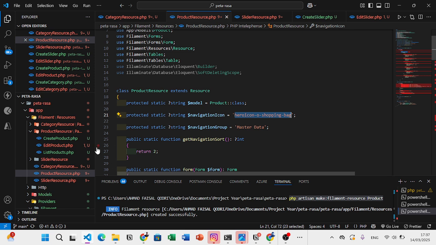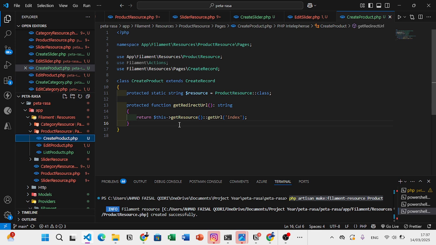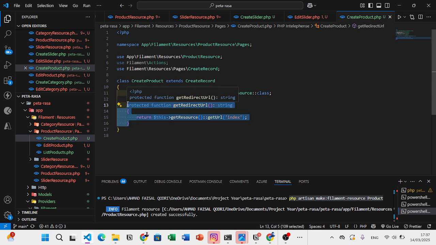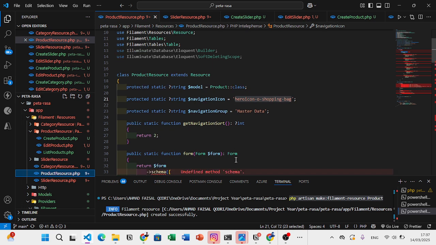And just like category before, you can also add this index redirect from create and edit. And don't forget to organize your listing. The product is the second listing from our navigation group, and the name is master data. Okay,